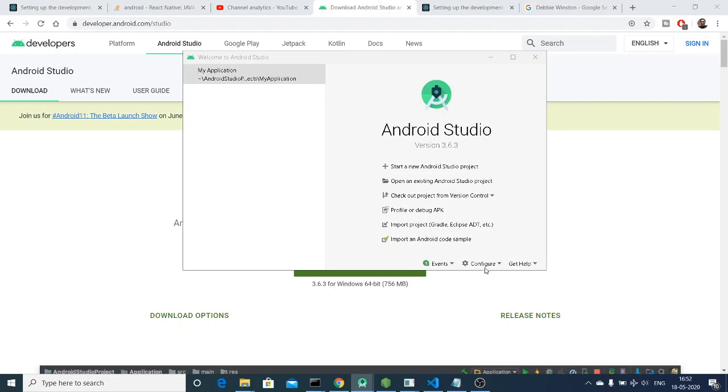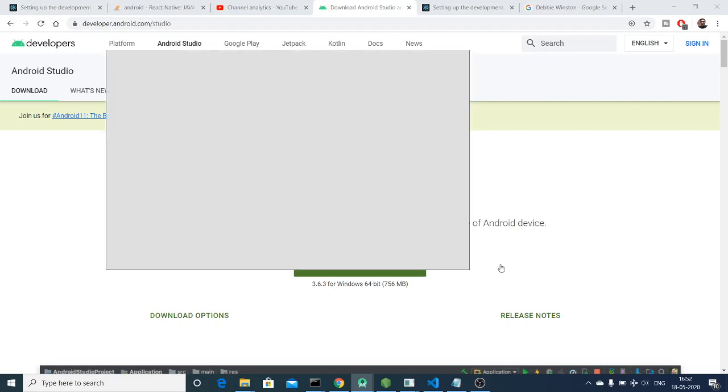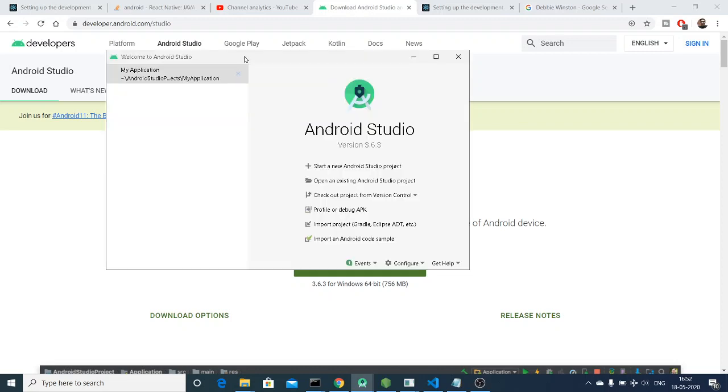The next step that you need to do is update the path variable. You need to set the path variable inside your environment variables. In order to get the SDK path, you need to click on this configure button, and then inside the drop down you will see an option.